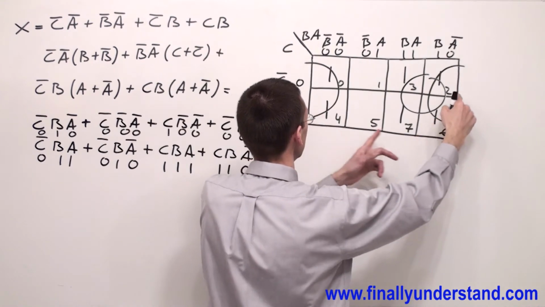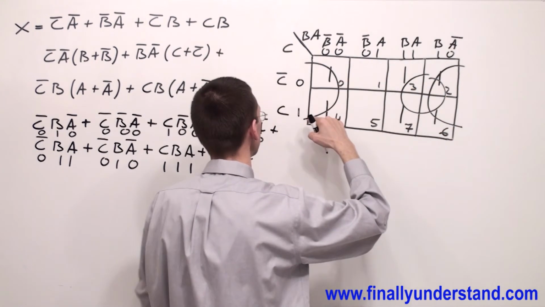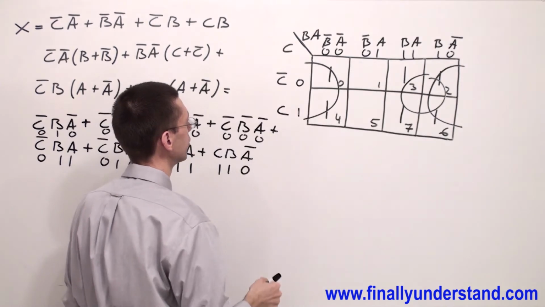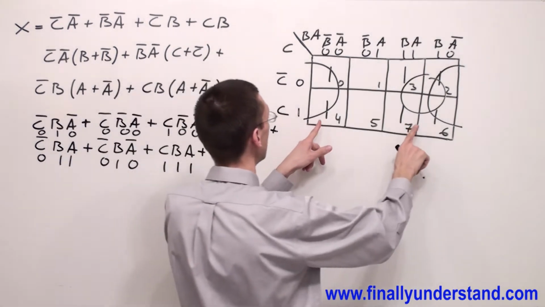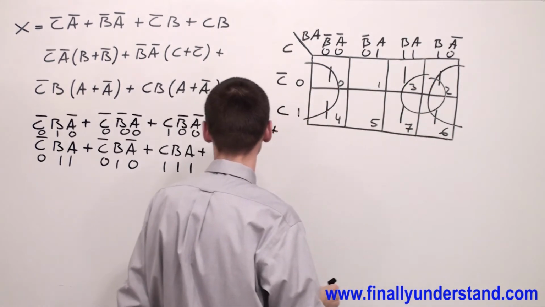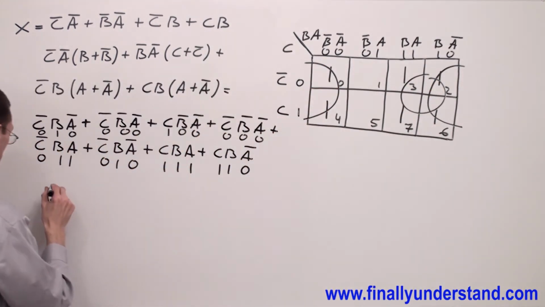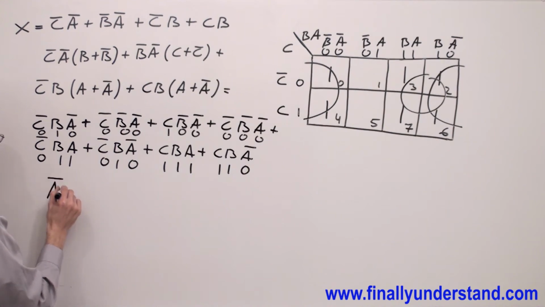This group is placed in 2 rows. At the side of these 2 rows we have complements, that's why we are going to ignore them. And at the top of these 2 columns I have A not. That's why I'm going to write over here A not. Or